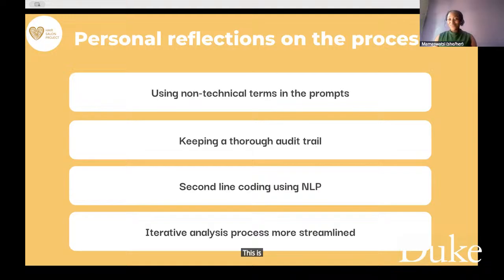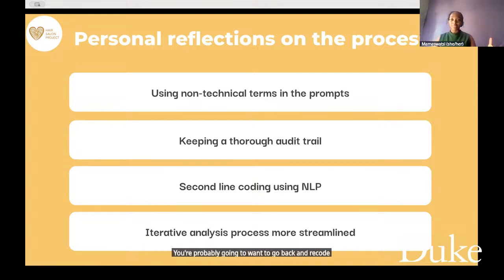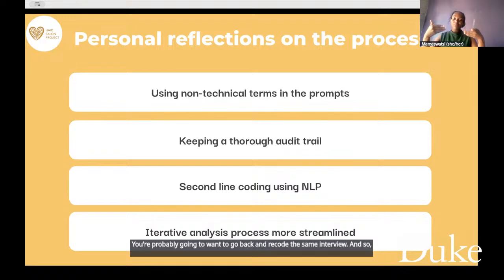This is particularly important because, as you're aware, with qualitative research, it's very iterative. You're probably going to want to go back and recode the same interview. And so if you keep a record of which prompts you're using for your AI, you're more likely to consistently use the same prompt.